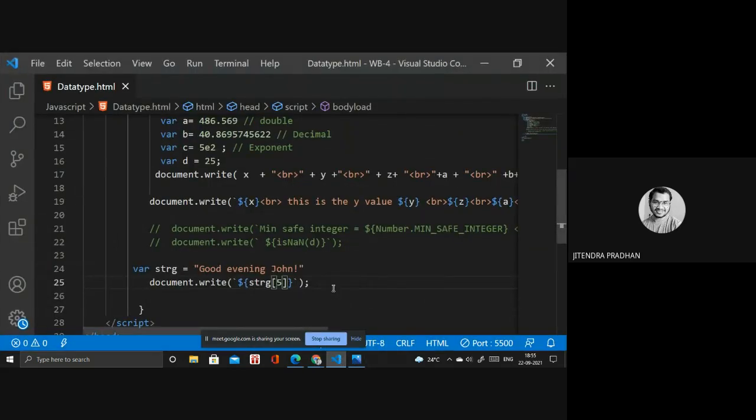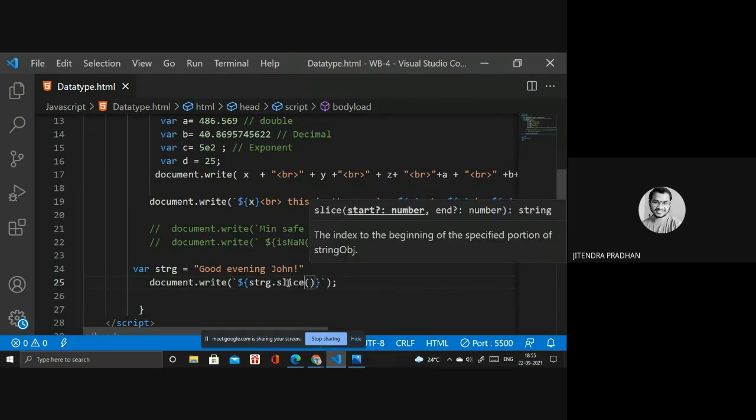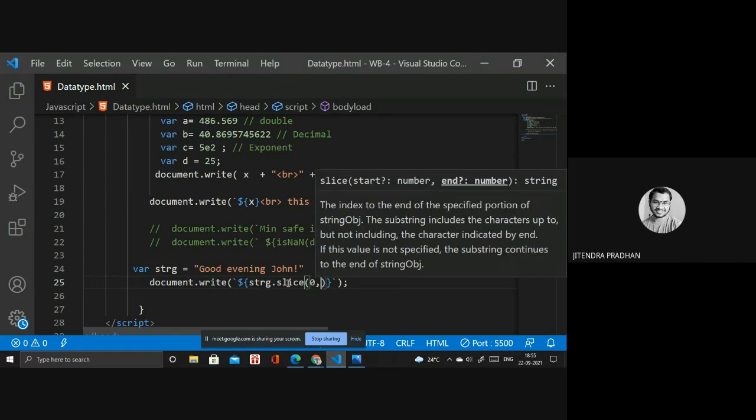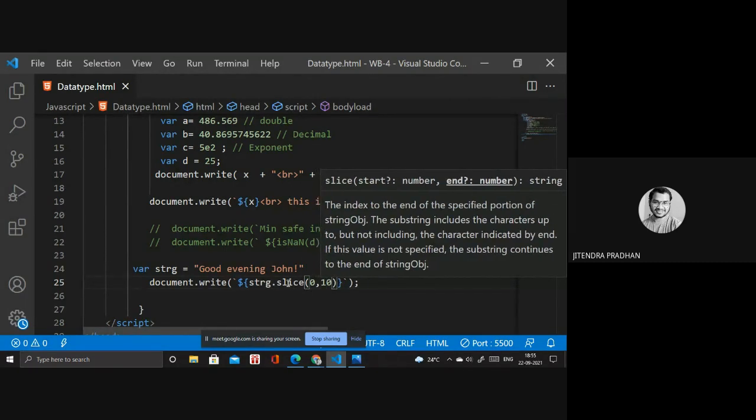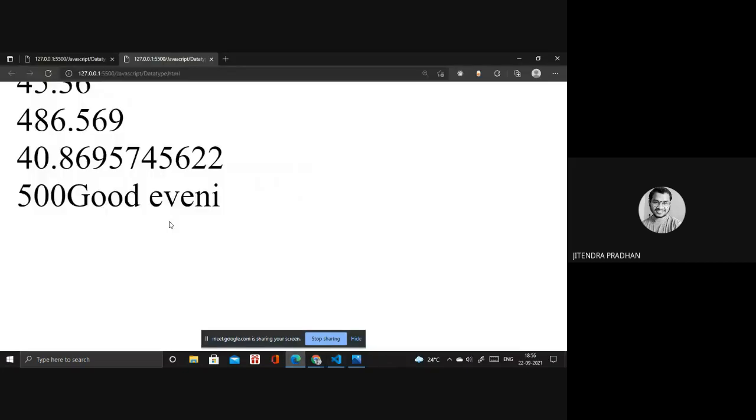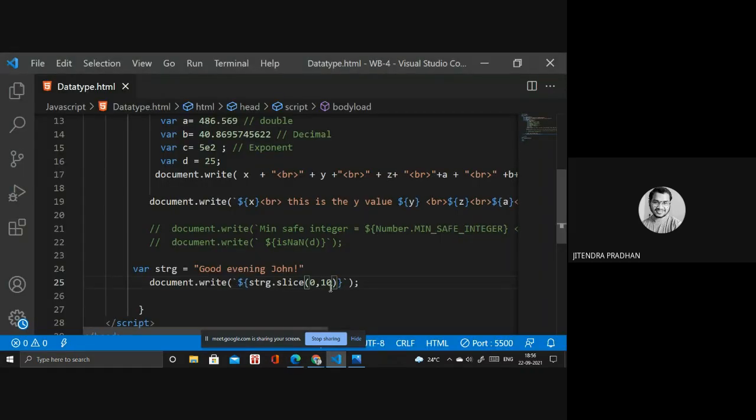So if I need something, string dot slice. Here slice we are using for extracting that particular string. At that time you have to write the index numbers as well. So we can write zero, and zero is my initial index number, and then the final index. If I give 10, it will be "good evin", because I am writing 0 to 10.